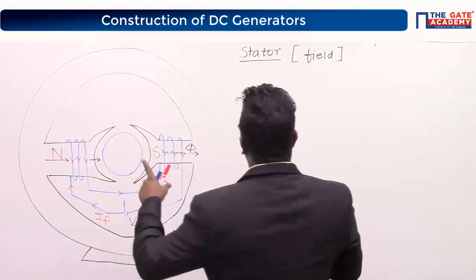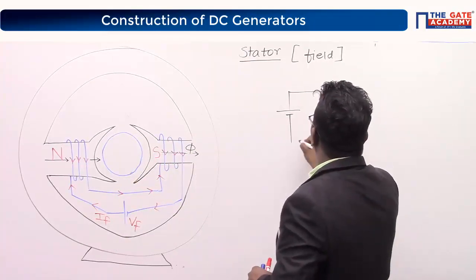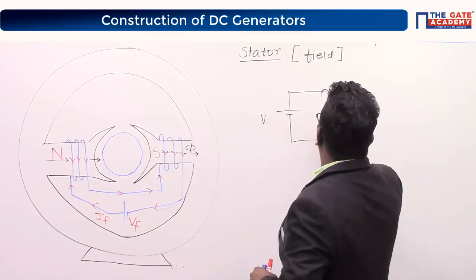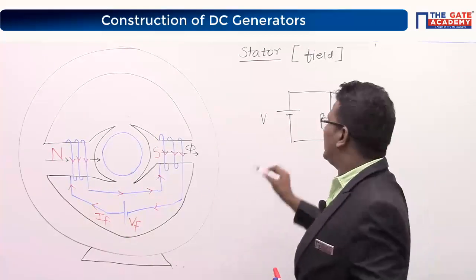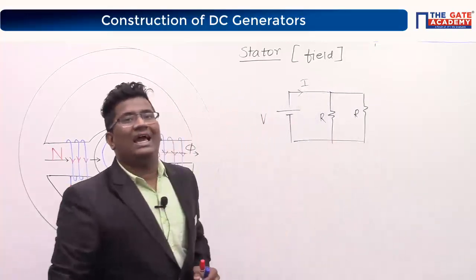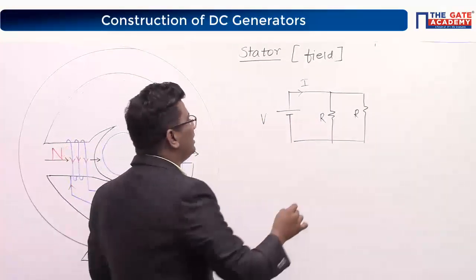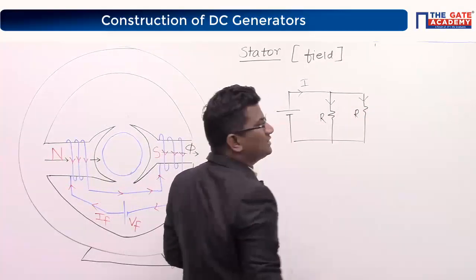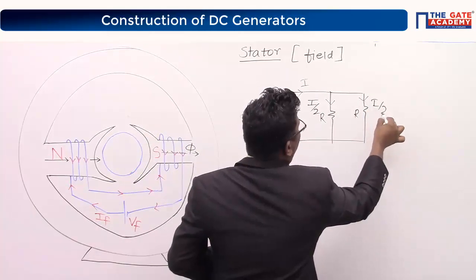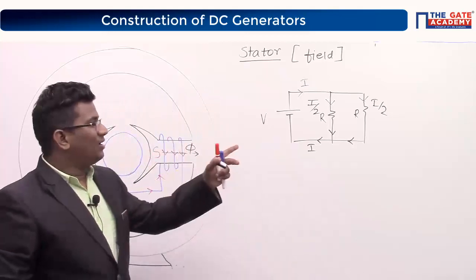Does it look like this? I have a source, and I have two resistors connected in parallel as a load. Tell me, will equal resistors carry the current equally or unequally? How much current is flowing in this one? Half of the current in this, the remaining half in this. Apply your KCL, and you again get the full current here. Correct or not? I by 2.